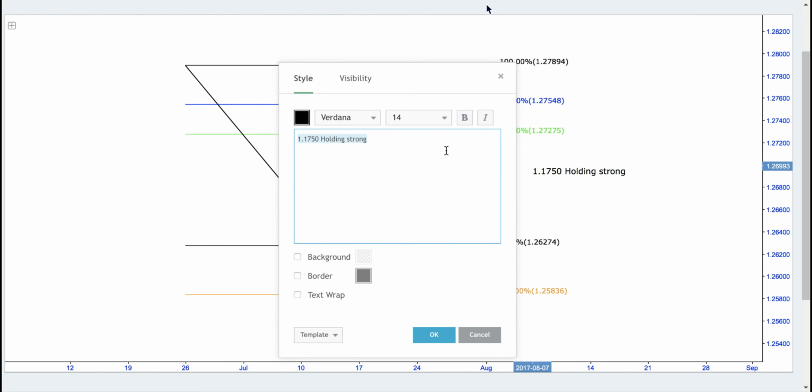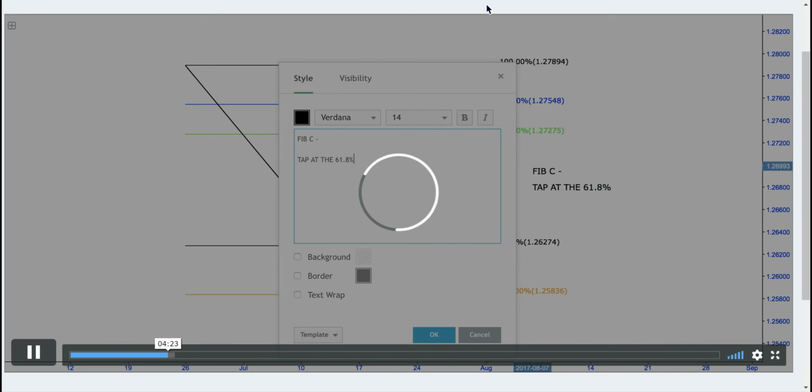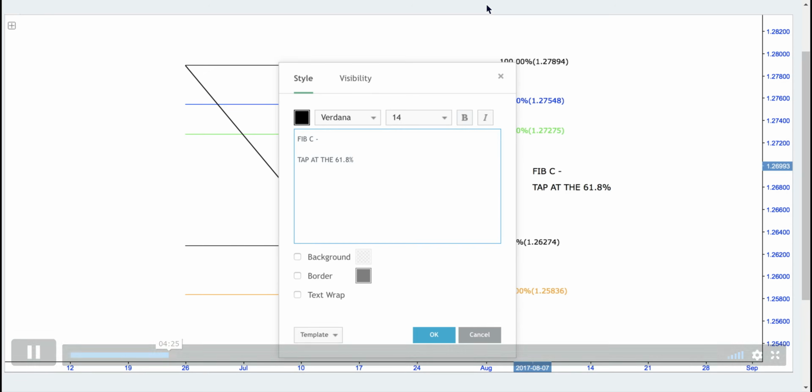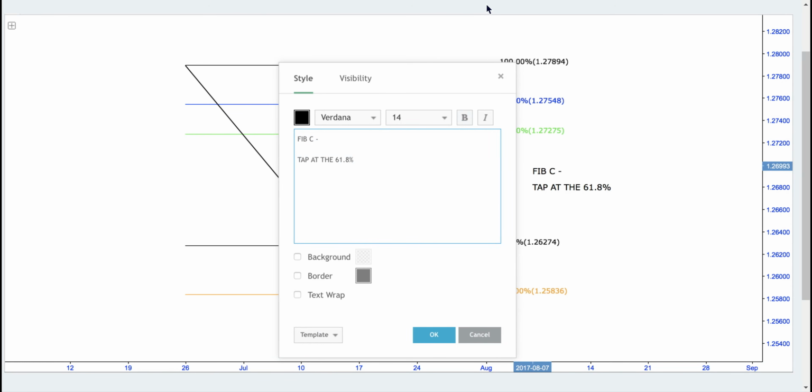Fib C is either going to be a tap at the 61.8%, and I'm sure you guys have seen the market actually tap the 61.8 to the T sometimes, whether it just be a wick or whether the candle spikes through it and the body closes below. We're looking at a tap at the 61.8,